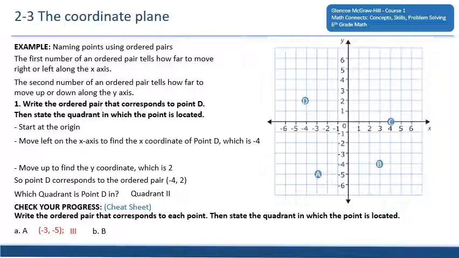And we're in quadrant 3 because remember, if we start at the top right corner as quadrant 1, and we go counterclockwise, then quadrant 2, and then quadrant 3 is where A is. So B,